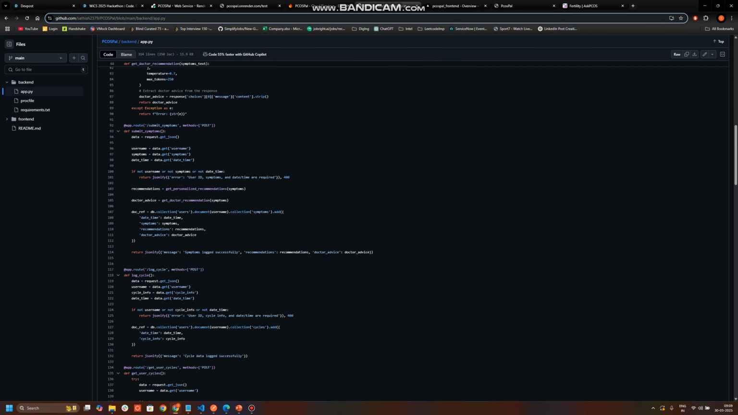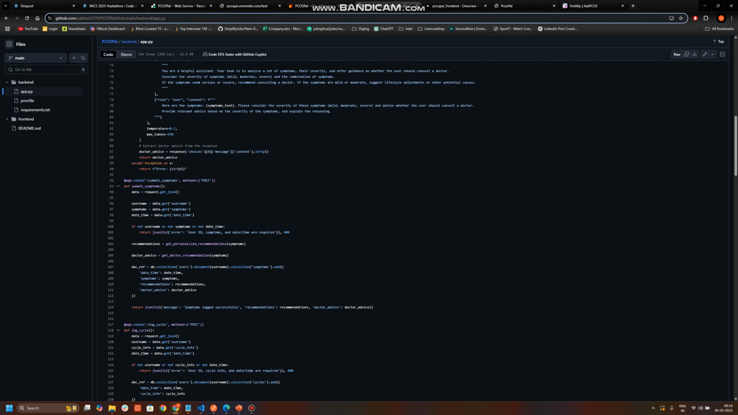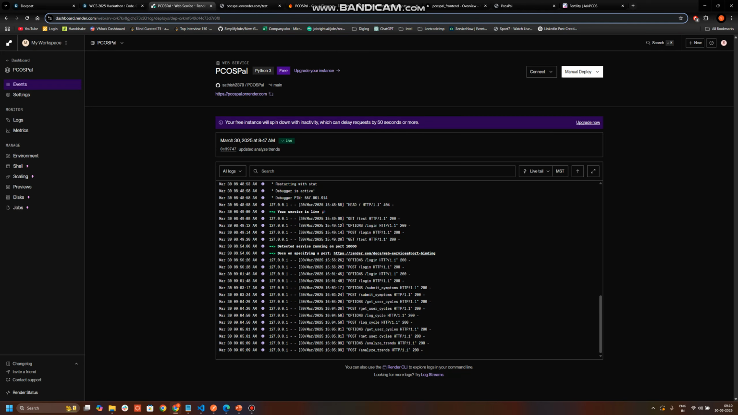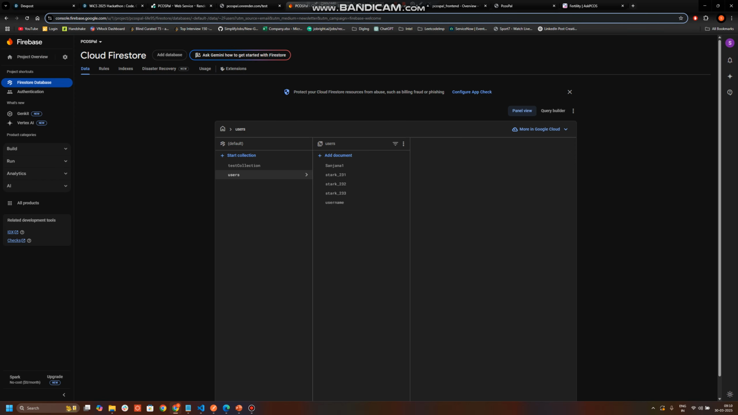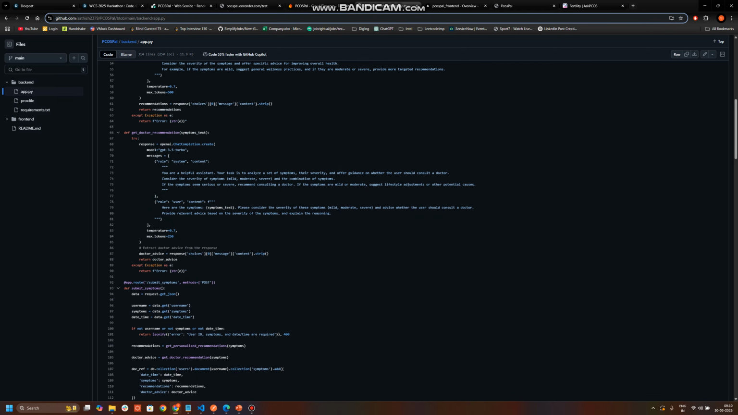All the methods are processing the APIs, like fetching the request information, verifying it if it is login, or submitting symptoms or logging cycles, and all those things. Our backend is hosted on Render, which is a cloud platform available for free, and this is our test URL. Google Firebase is our database, which uses the document model to save the data. And coming to our front end,